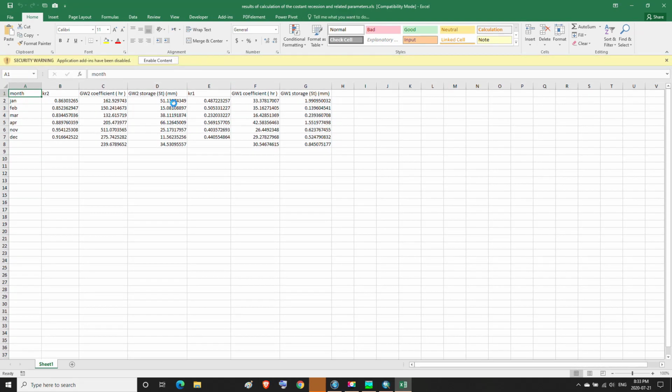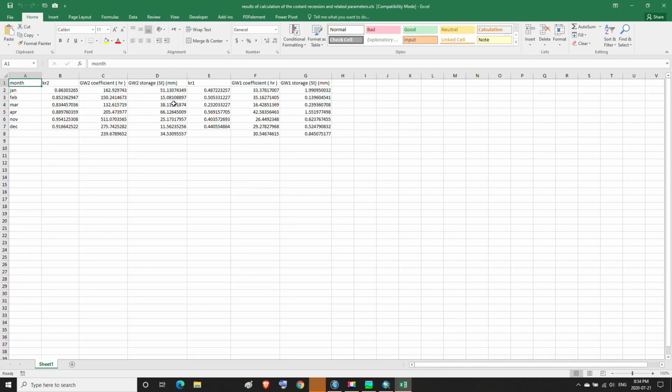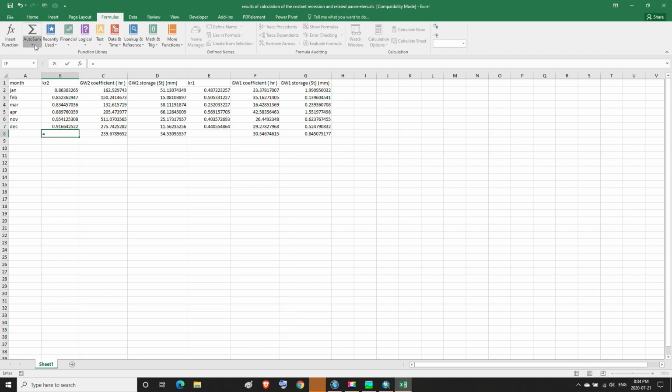And in it we have the calculated recession constant for many months. So we calculate the average of them, as we see. So the average value is 0.885.